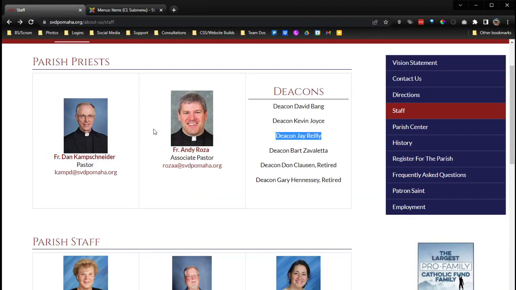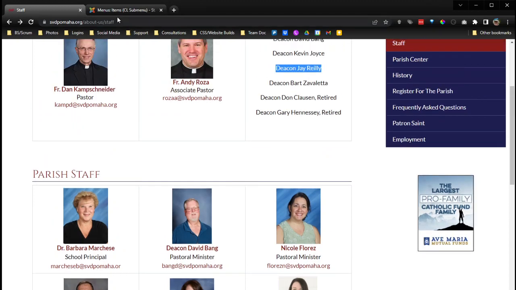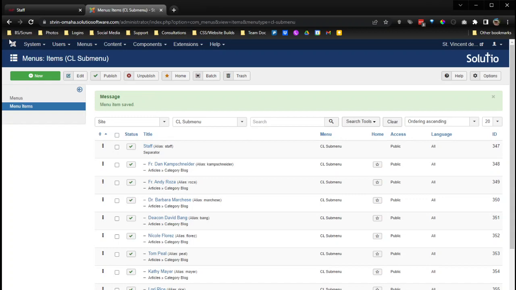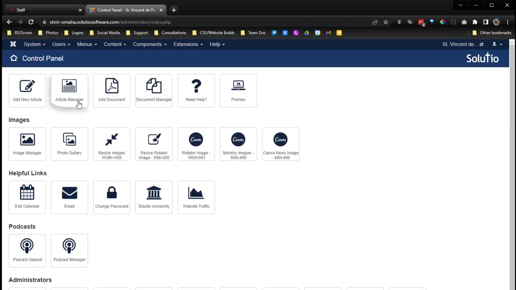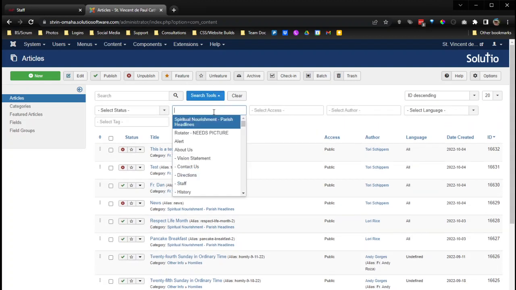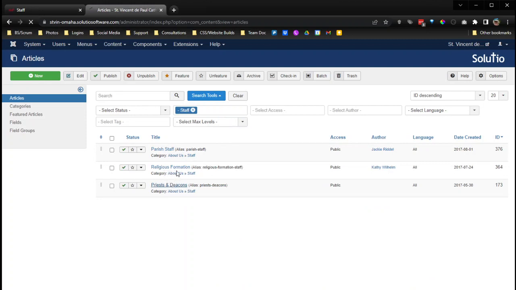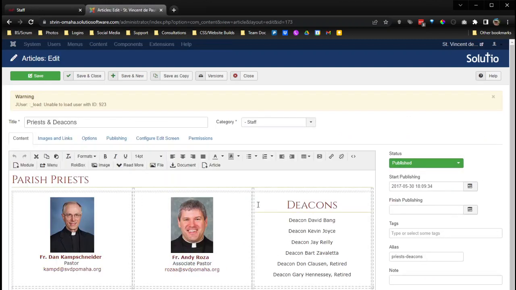So let's say you've created the pages, and now you'll need to go and update the staff's picture or name so that they actually link to that page. So again, all we're going to do is from the control panel, we're going to go to Article Manager, and then we're just going to refine our search to pull up the staff articles on the staff page. Okay, so let's go ahead and update Deacon David's